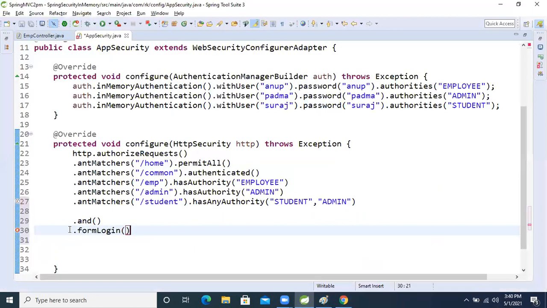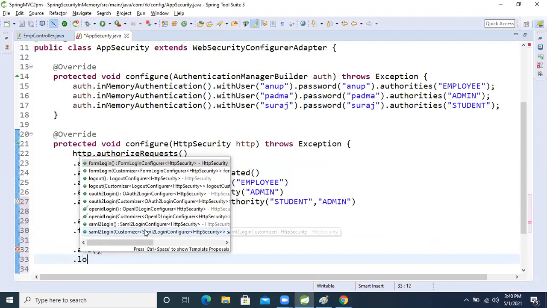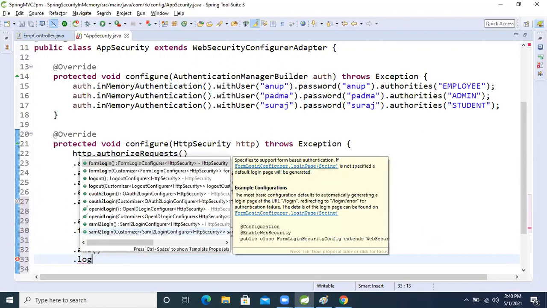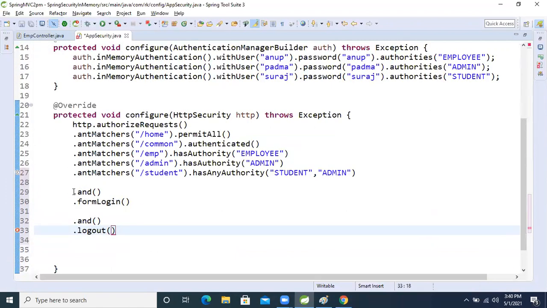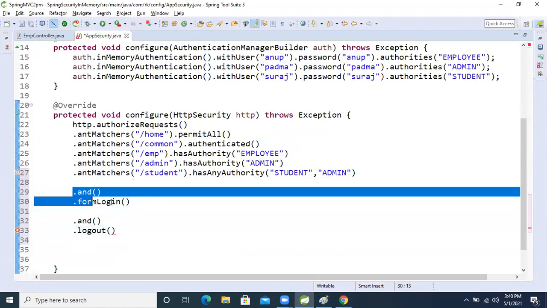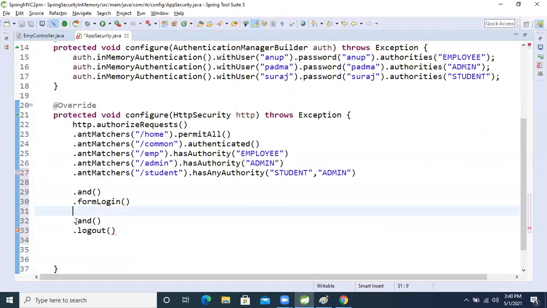So for that we are writing that method. Now dot and, I'm going to add logout also. Spring will give the logout form also. So I need form login page and logout page.